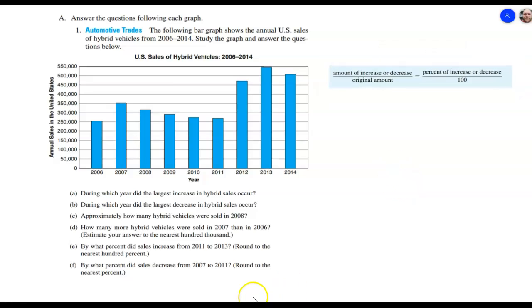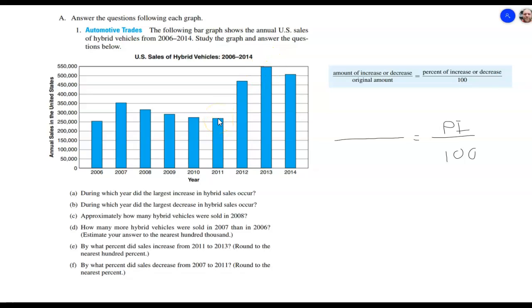So with this one, we are trying to find the percent increase. That is going to be our percent increase over here, all over 100. And then over here, we're going to see the amount of the increase or the decrease. We're going from 2011 to 2013, so from here to here. So the increase is